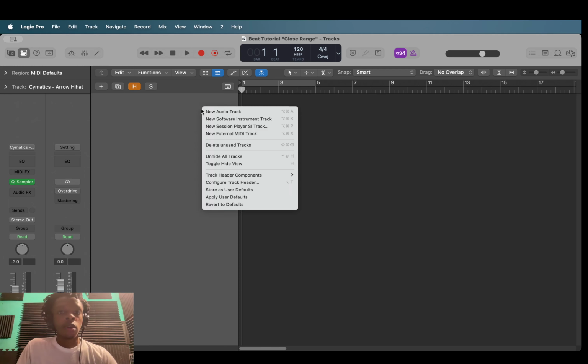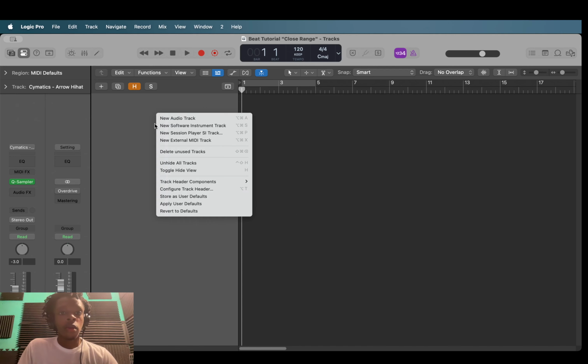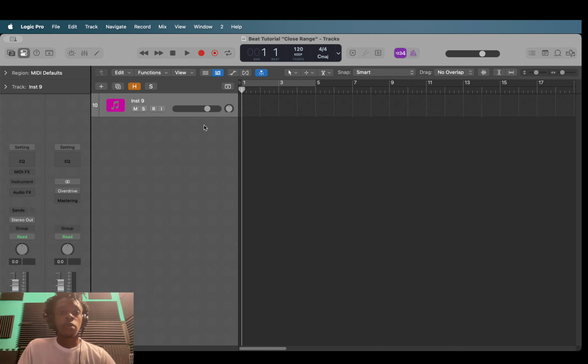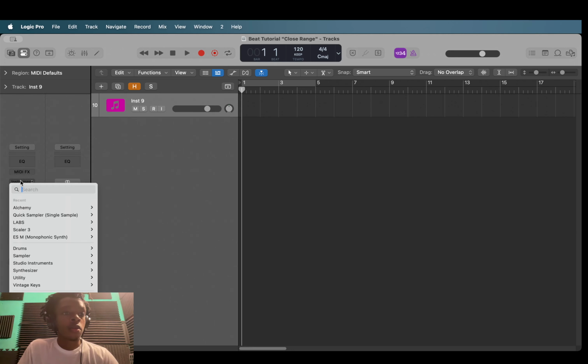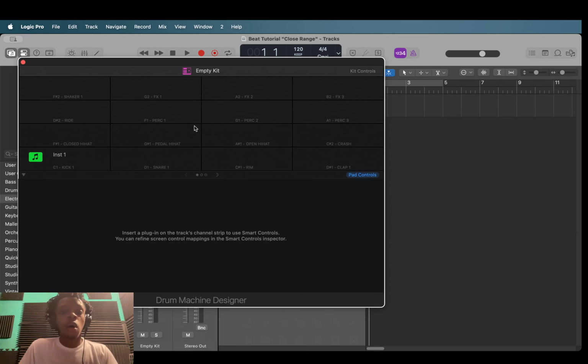Now, first we gotta right-click on this right here, software instrument, okay? First, we're gonna start with the drums. Now we hit this instrument, Drum Machine Designer. It's gonna pull up all the stuff you can put in there, like snares, kicks, etc. So we hit here,